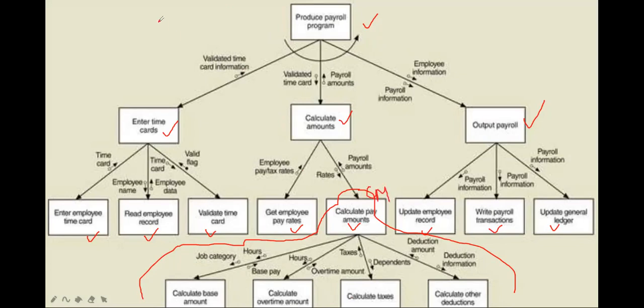So this is the hierarchical structure of the payroll system, in which we have designed the structure chart with the help of modules, control module, submodule, library module, data coupling, control coupling, and invoking of functions. I hope you must have understood this.